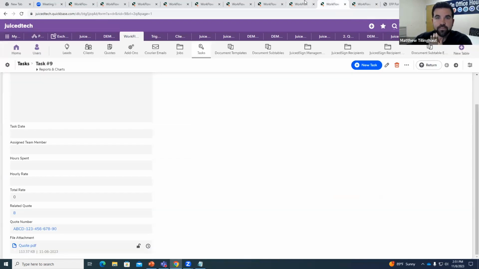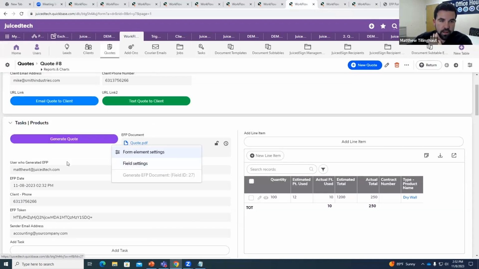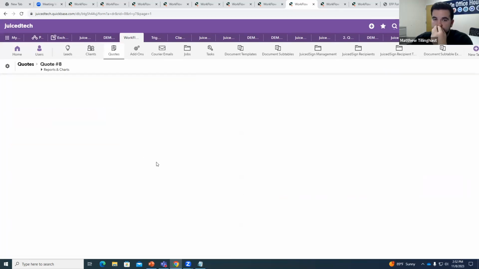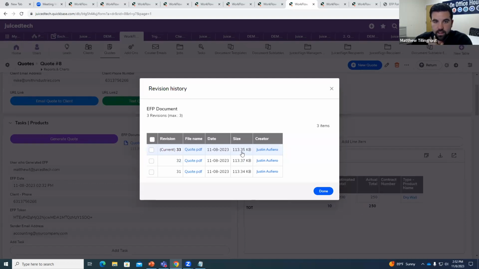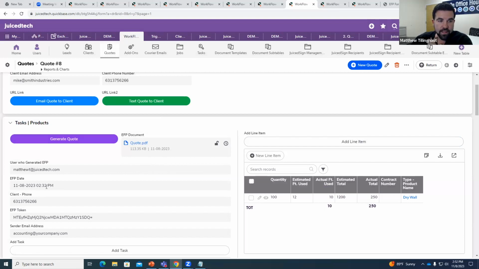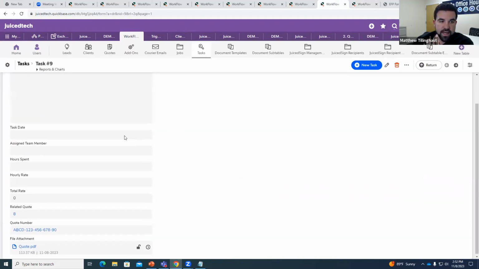So you were able to now go in, and if I refresh this, what you actually should see is that this document was not regenerated, and it doesn't show the time anymore. I thought it did. But it was not regenerated at that time. At 2:32 was the last time I generated this. So there you go. Here's the EFP date time. 2:32 is the last generation, but you can see on this tasks table that it was generated again here,